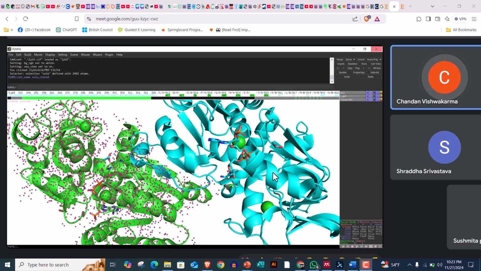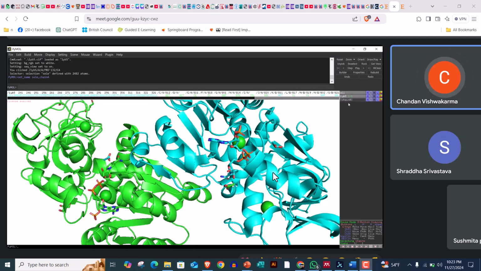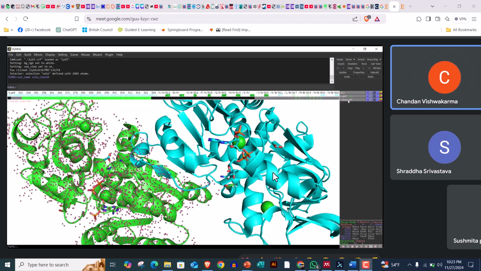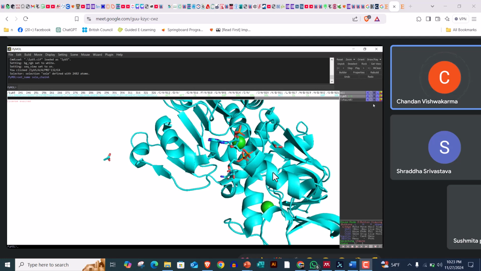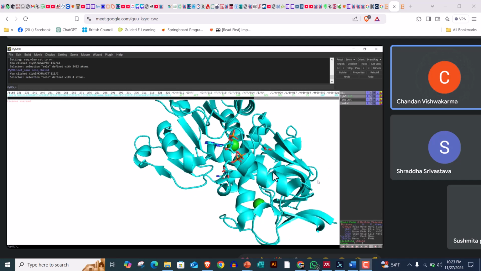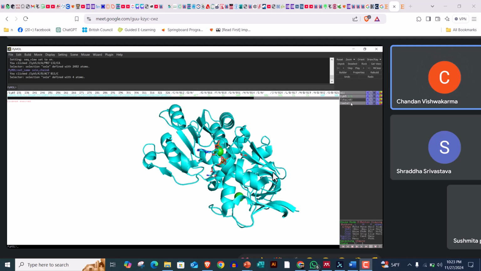Okay, now if you select here, the whole chain is selected. You can hide it if you want the chain A, just hide everything. Everything is hidden, except this acetate is not selected, that's why it is not hiding. I just remove it, there is no need of this one. Okay, in this way you can show the chain if you want, show cartoon,